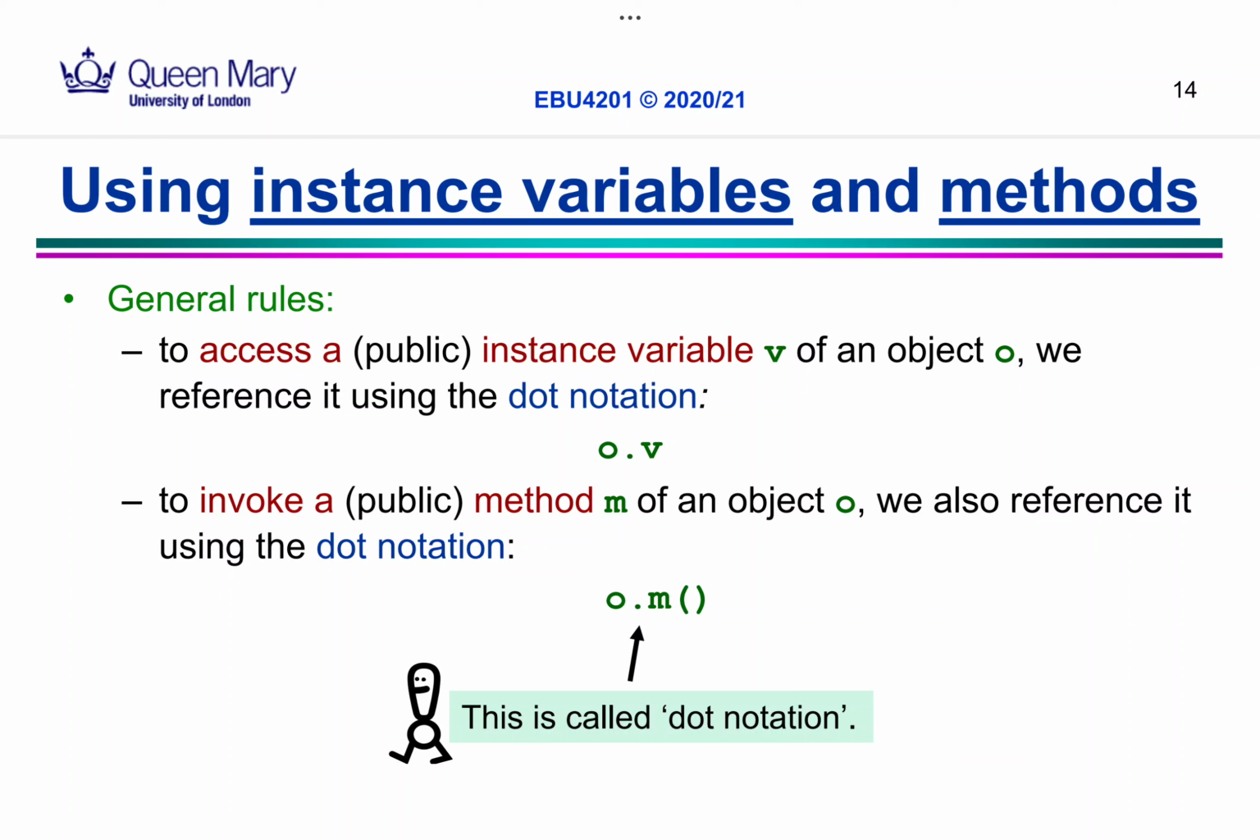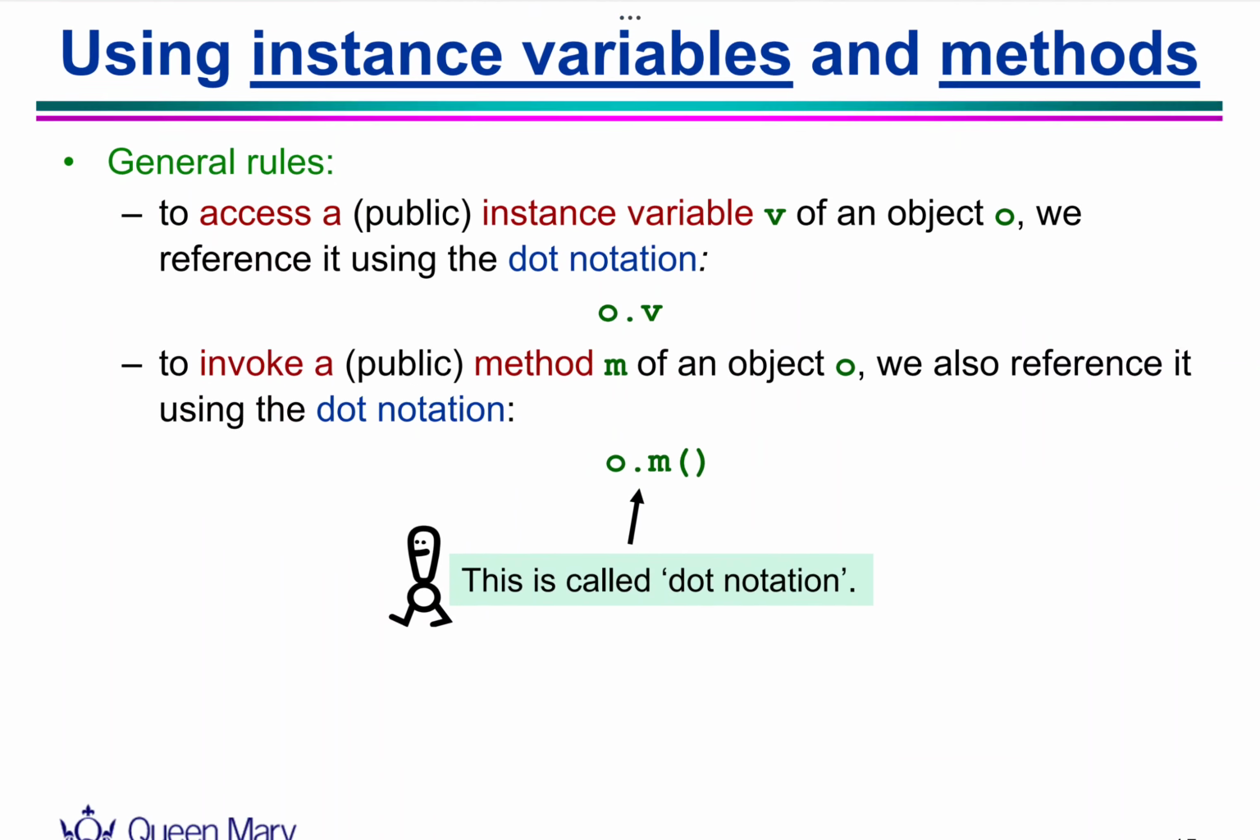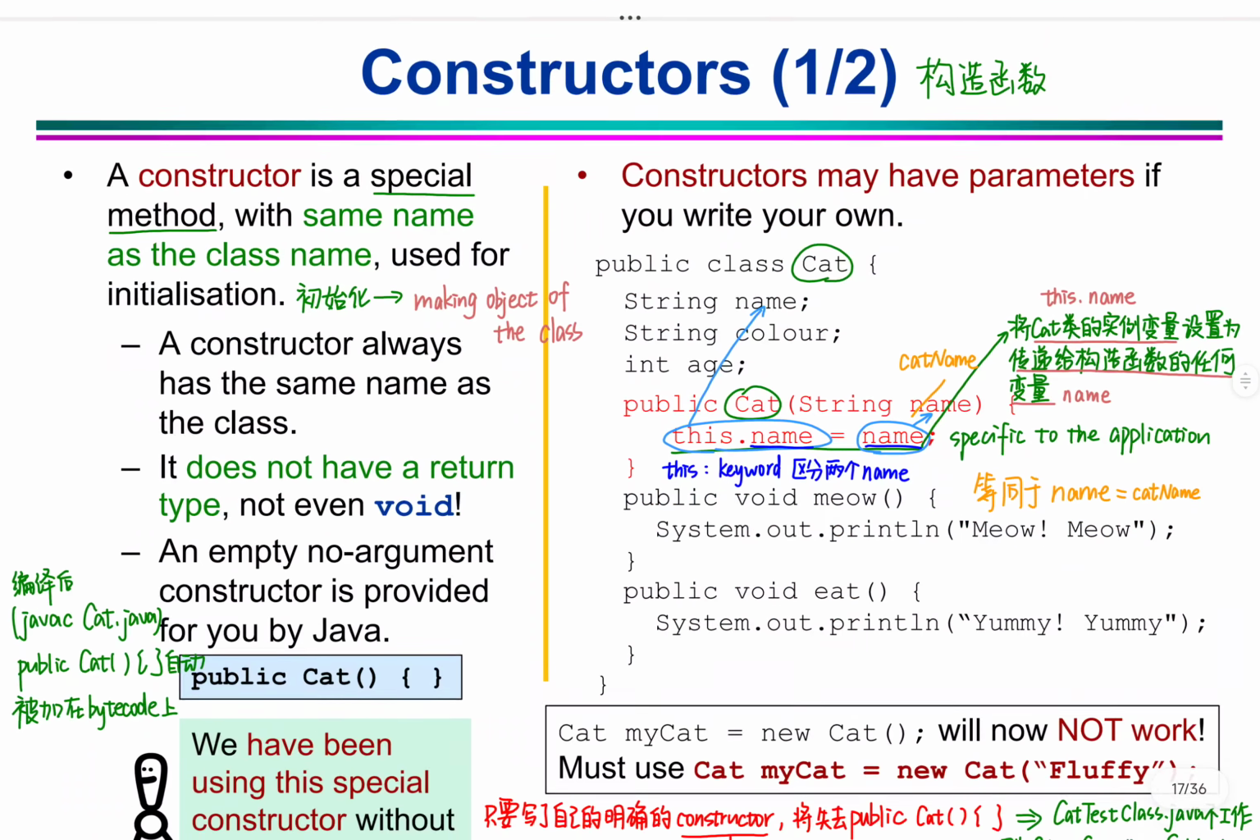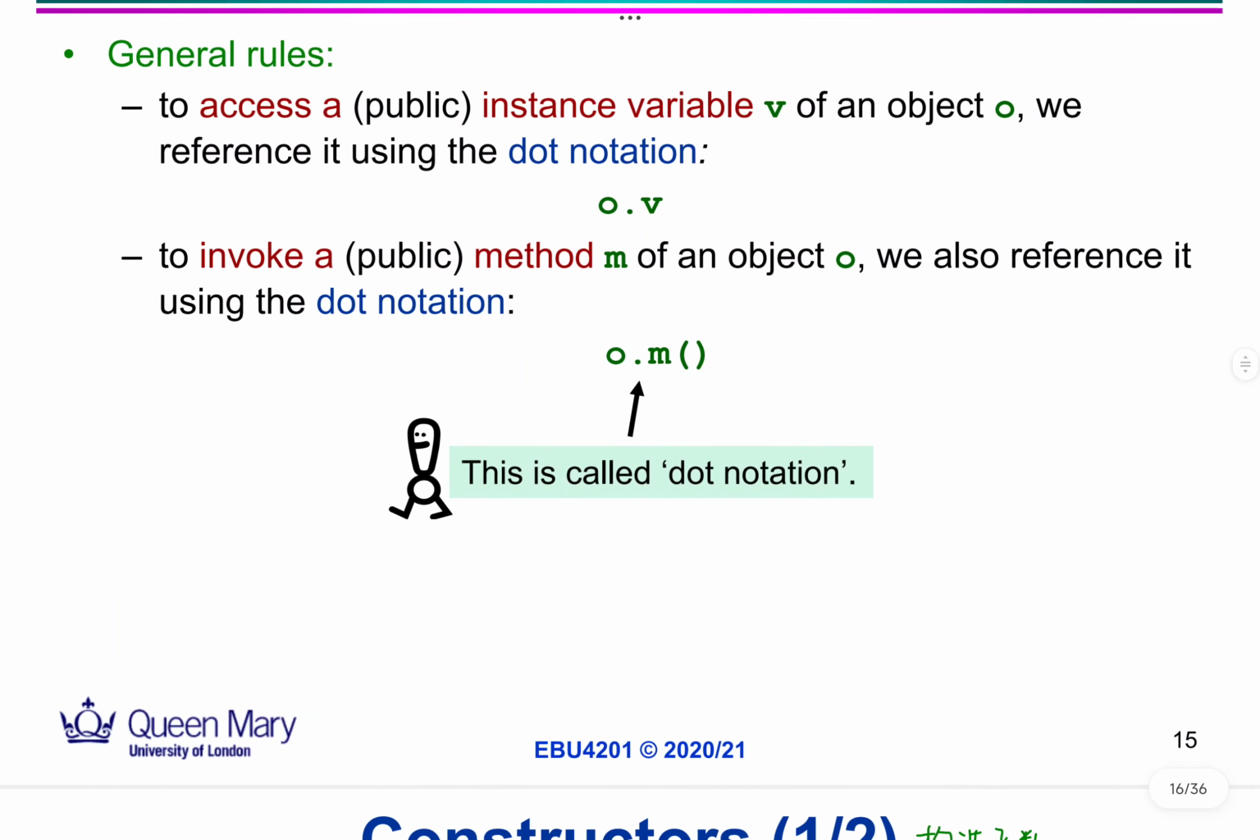We use the dot to invoke an instance variable, which means that some attributes refer to some attributes. And to invoke a public method M on an object O, we also reference it using the dot notation, and we must have some